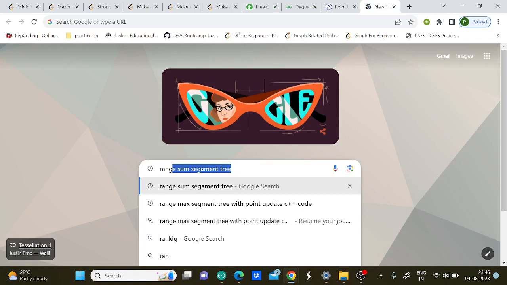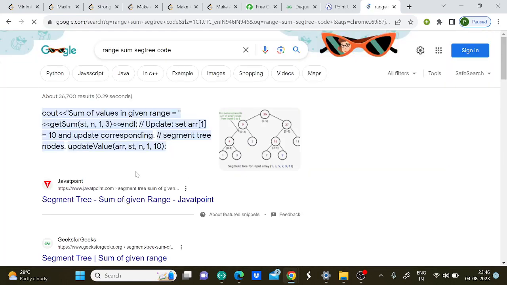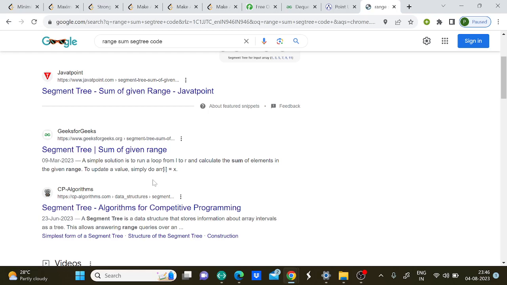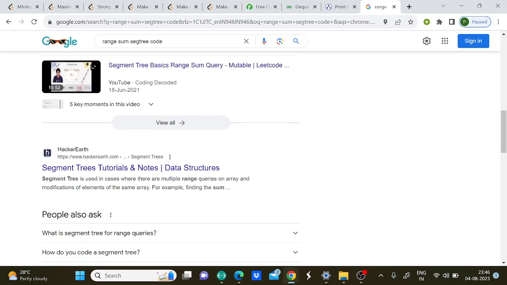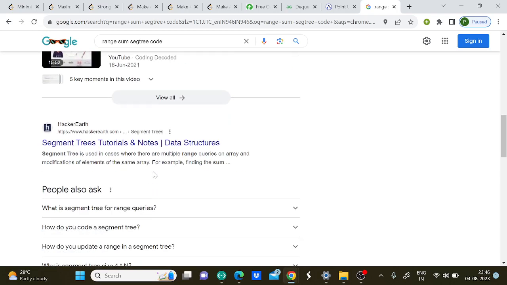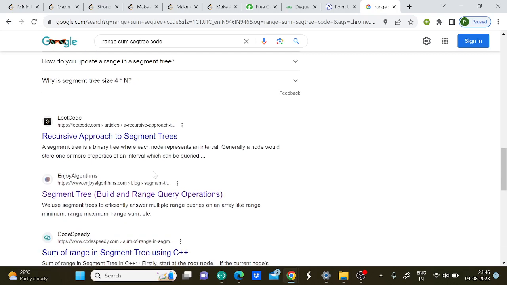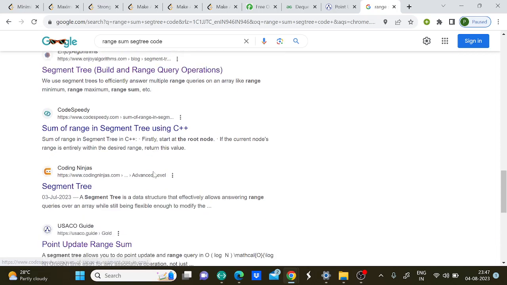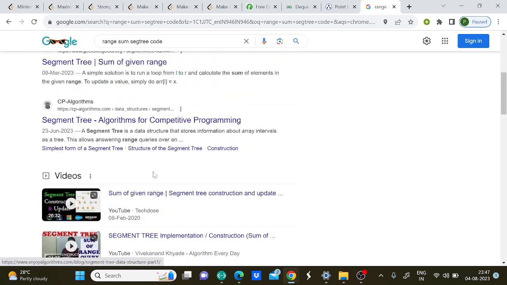In some query segtree code. Segtree tell notes best. I will put